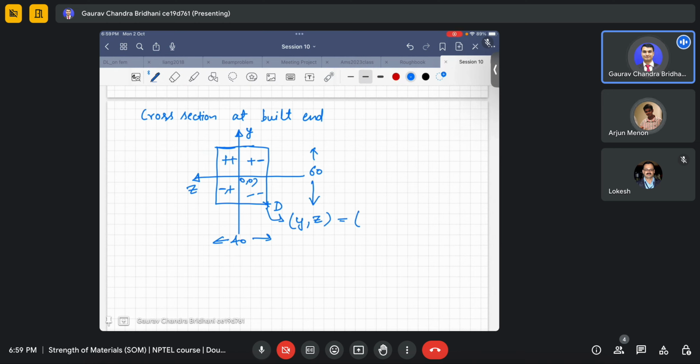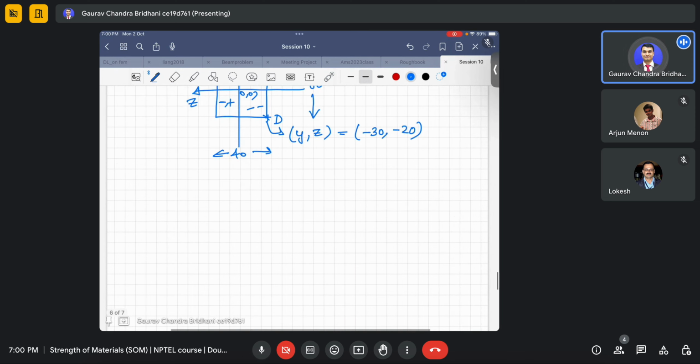Y will be what? Exactly, minus 30, and z will be what? Minus 20. Correct. So we found the y and z also. What is y and what is z? Okay. Then let's move to our formula. That is the bending stress